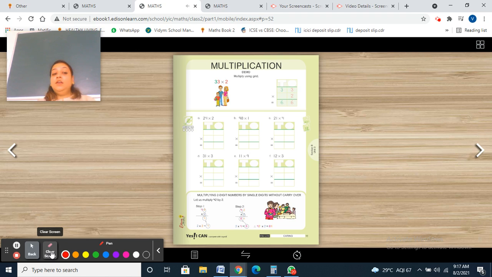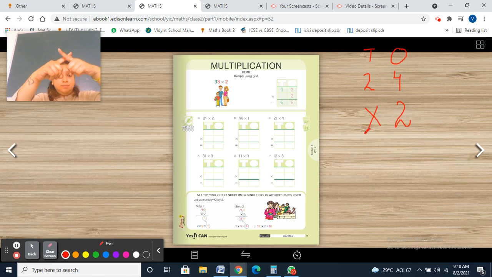So first of all, you're always going to write the bigger number in the first line of the grid. For example, 24. This is T, this is O and 2 here. And multiple sign is cross. Getting this point? Two diagonal lines crossing each other, that is the multiplication sign. So multiplication का sign पता चल गया.